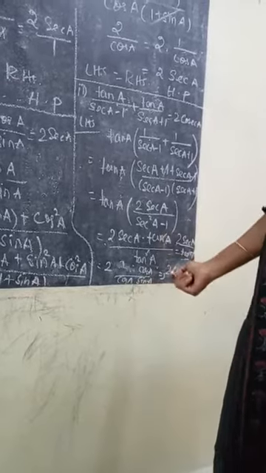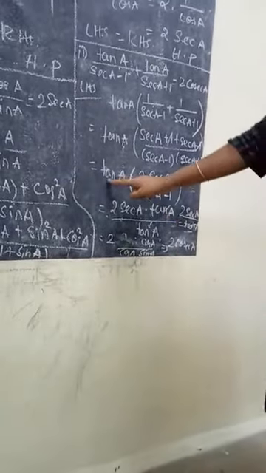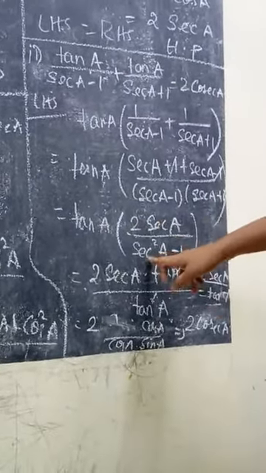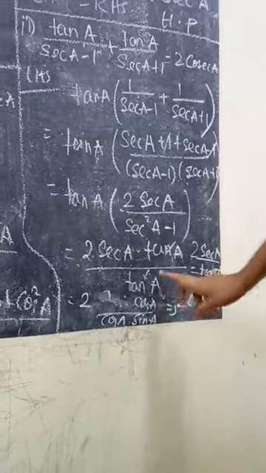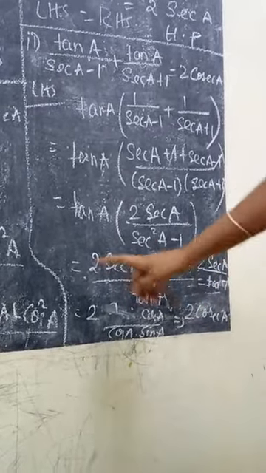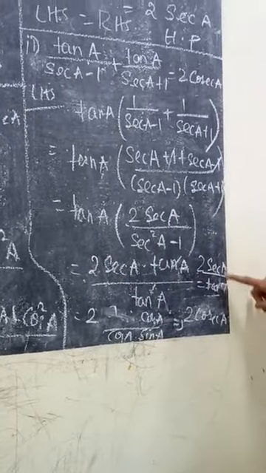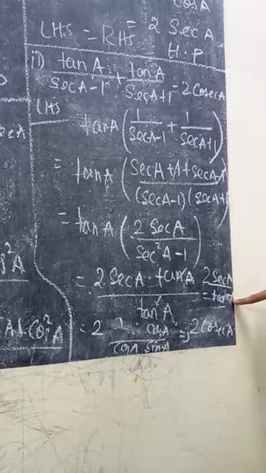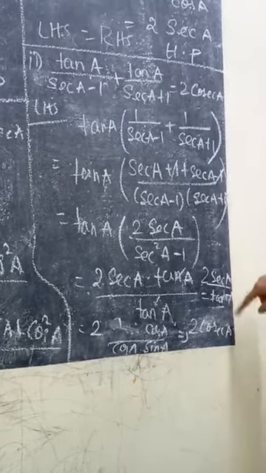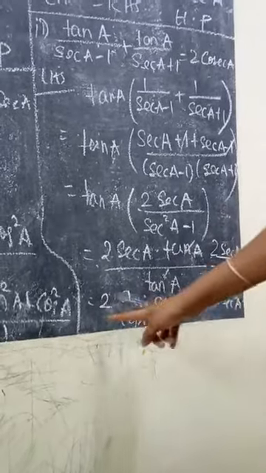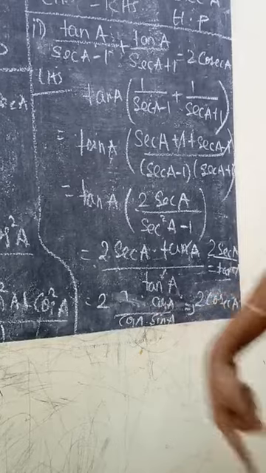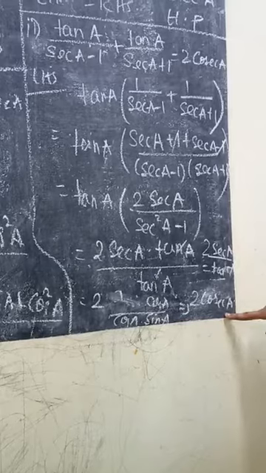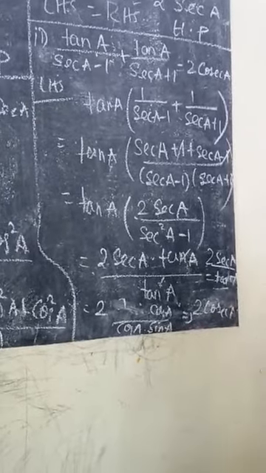How did tan A come? Listen, this tan A, tan A into 2 into secant A, that is what we have written here. Here, secant squared A minus 1, how can we write it? Tan squared A. So this tan A and one tan A cancel. So 2 into secant A by tan A. How can we write secant A? Secant A is the reverse of 1 by cos A. Tan A is sin by cos. So when the denominator goes to the numerator, cos by sin gets converted. So 2 into cos A divided by cos A into sin A. Cos A cancels. So 2 into 1 by sin A. Sin A is the reverse of cosecant A. So 2 cosecant A. This is the right hand side.